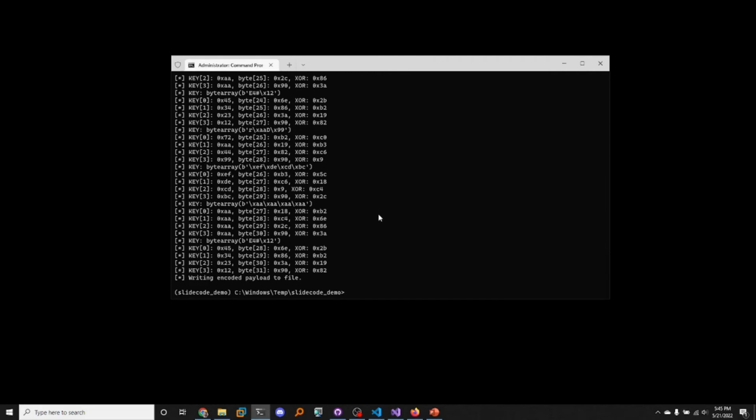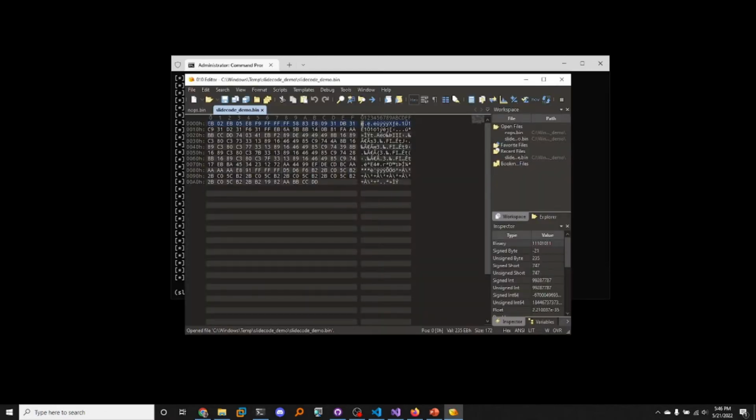Let's go ahead and open up the file we just created, again in our hex editor. At the beginning we can see the EB02, EB05, E8F9, like we expected to see in the header, and we can see our default trailer, AA BB CC DD. And all the stuff in between is the rest of the header and the encoded NOP shellcode that we're using as part of the demo. So